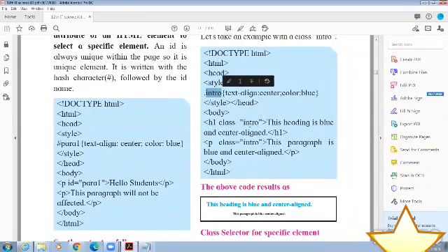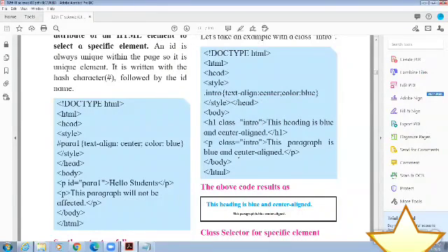Here. This is a heading, blue and center aligned. This is the content inside h1. P tag, class intro. This is a paragraph with blue and center. Means once you specify this line, wherever you use that class with that name, the CSS properties will be affected. Okay.